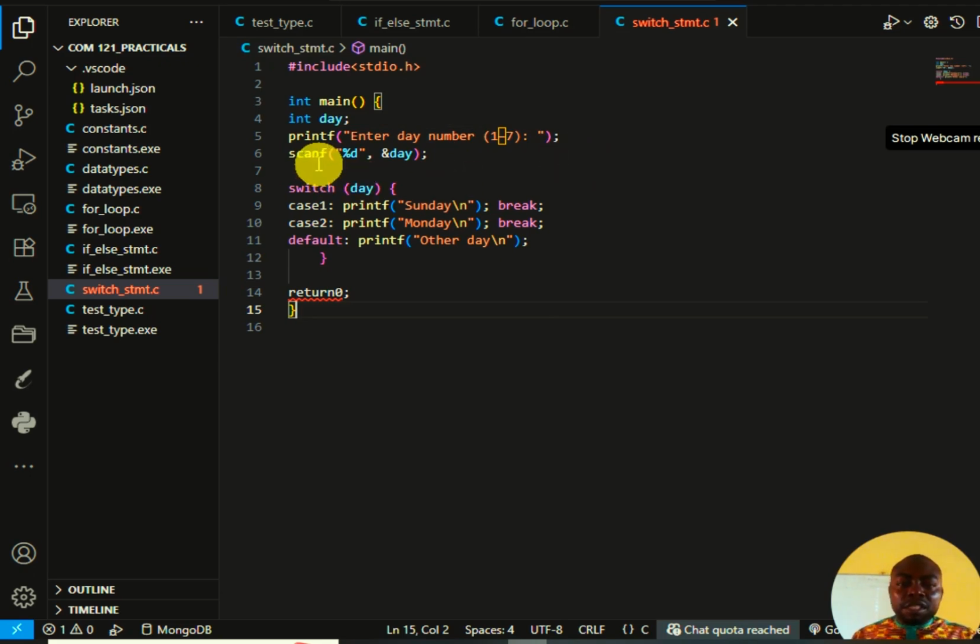Then the user enters any number between 1 and 7, and that number will be assigned to day, which is what you declared here. Switch day. We are now using the switch statement starting from here. Switch day. It opens here and closes here. All right. Case